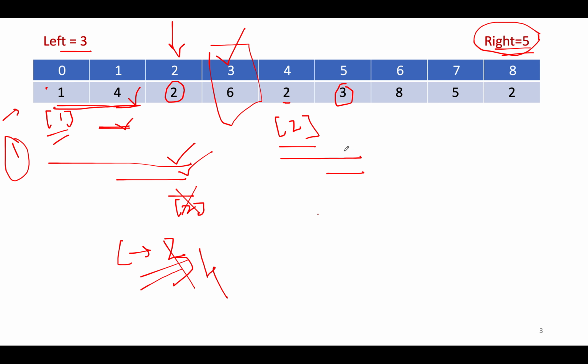Out of these 2, which will be part of the answer set? What is the maximum element in the range 2, 3? It is 3. So this becomes part of the answer set because it is within the range of left, right. Next we have the independent 3. It also qualifies the condition and becomes part of the answer set. The count gets updated to 6.